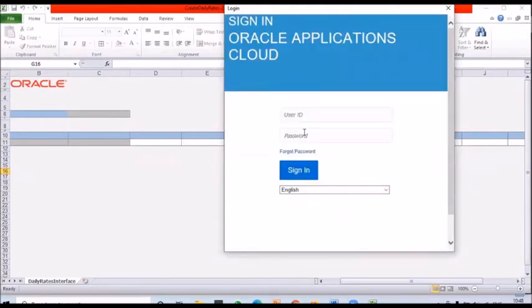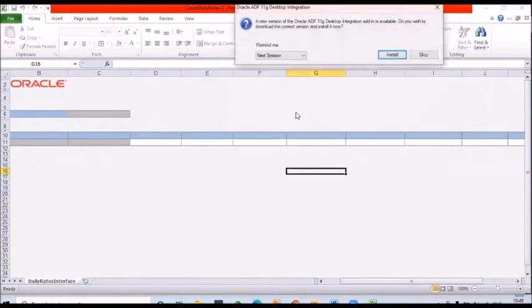Then you can give your username and password here. So what is the username? Provide Rainbow Ravi, and password. You can provide that. Then click on the Enter button. Then the spreadsheet will open.